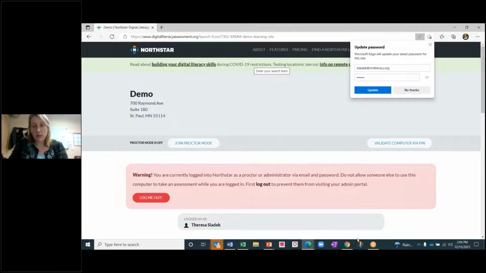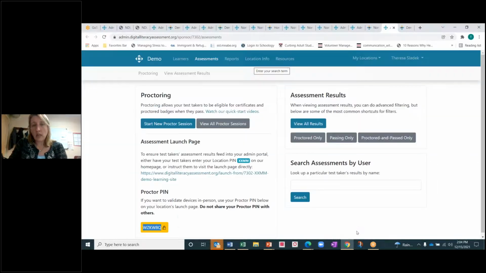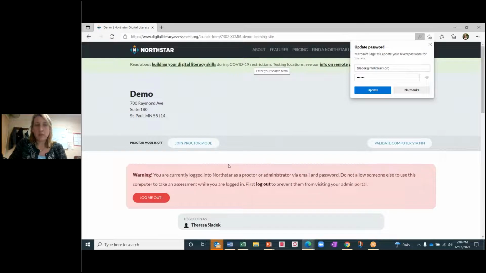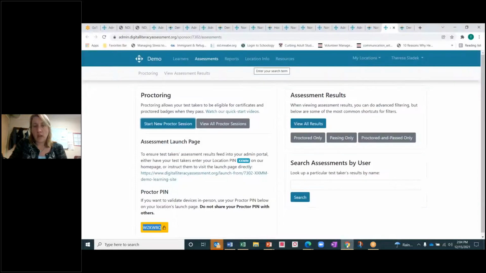And then if you remember from our last training, you're going to go into your admin portal under the assessment tab, and you're going to start the new proctor session. So you start it, then you tell them to, at this point, click on join proctor mode. So again, it's always them doing the join proctor mode. And if you're entering your PIN, it goes where it says the word PIN. So they're going to join the proctor mode. Then it says, hey, I'm trying to join and I'm waiting for you, Proctor, to basically let me in. And on your end,